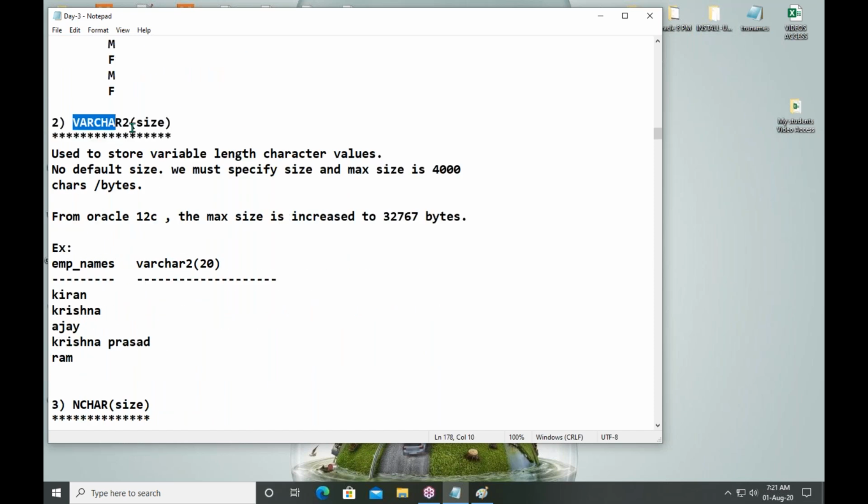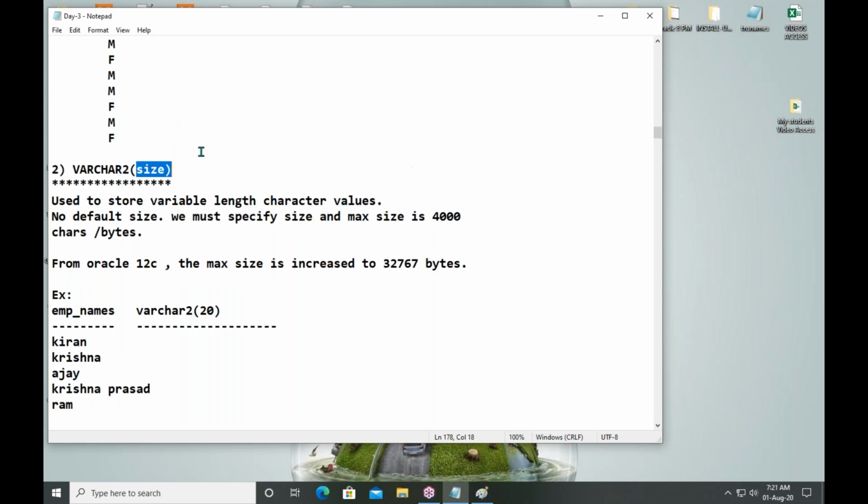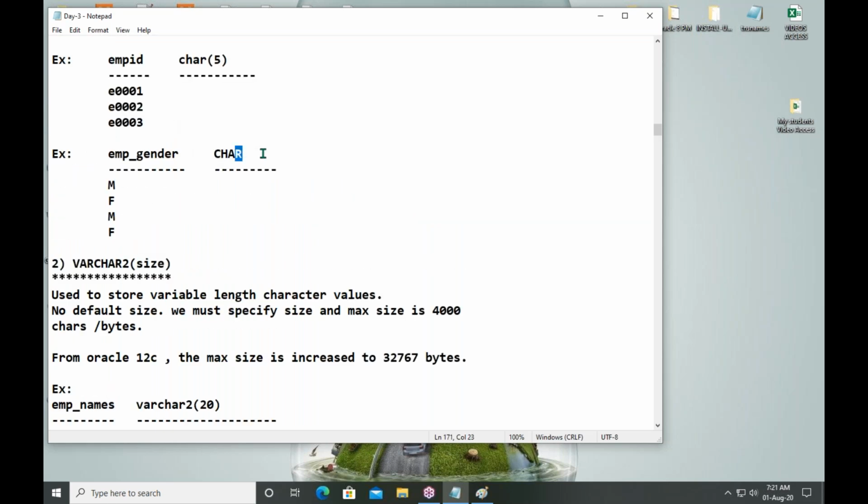Now, varchar2, what is the use of this? To store variable length values. There is no default size. We have to specify the size. See, here I'm not specifying any size, but here we compulsorily have to write a size.